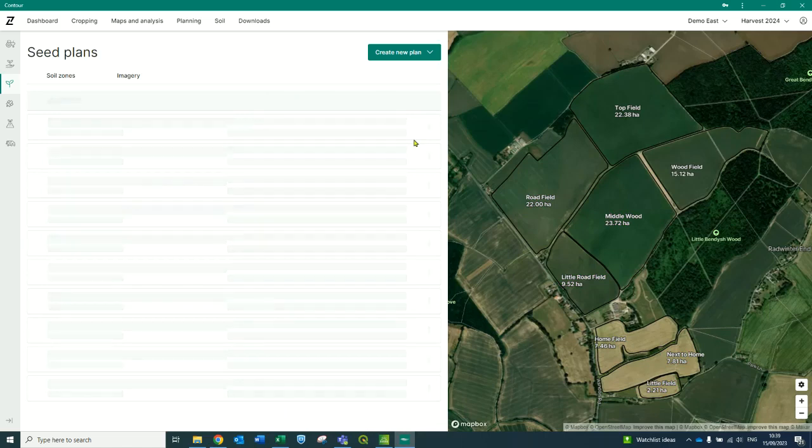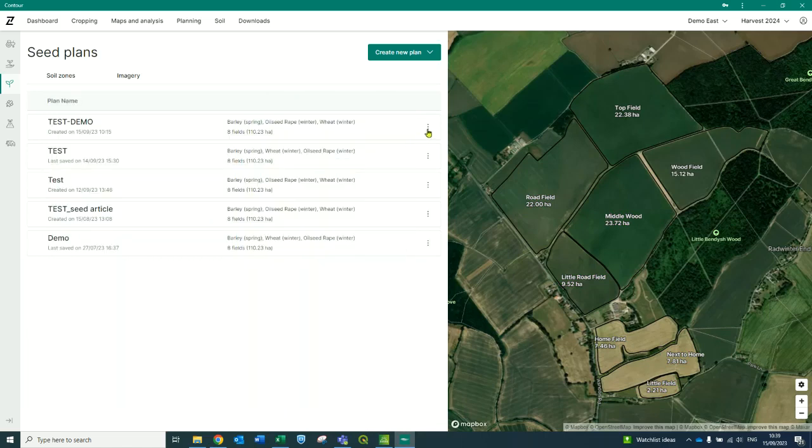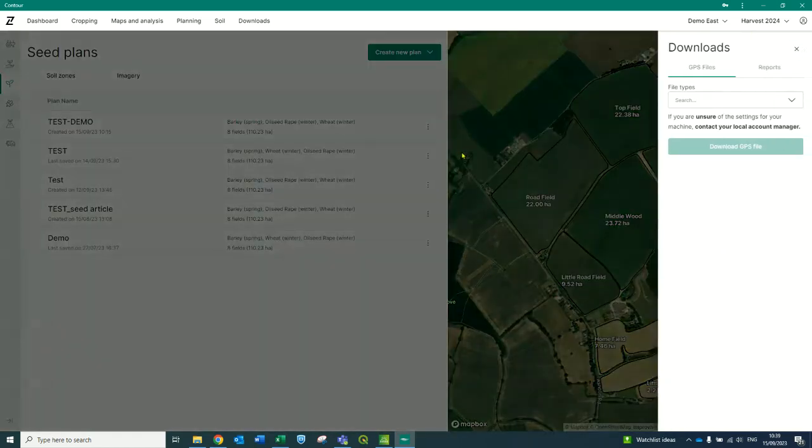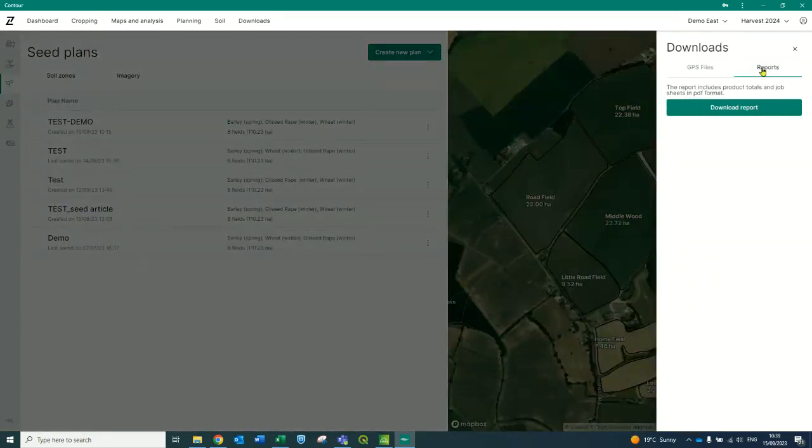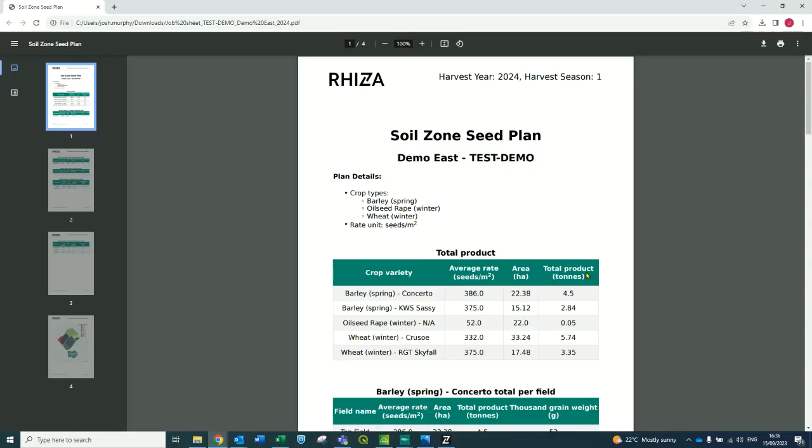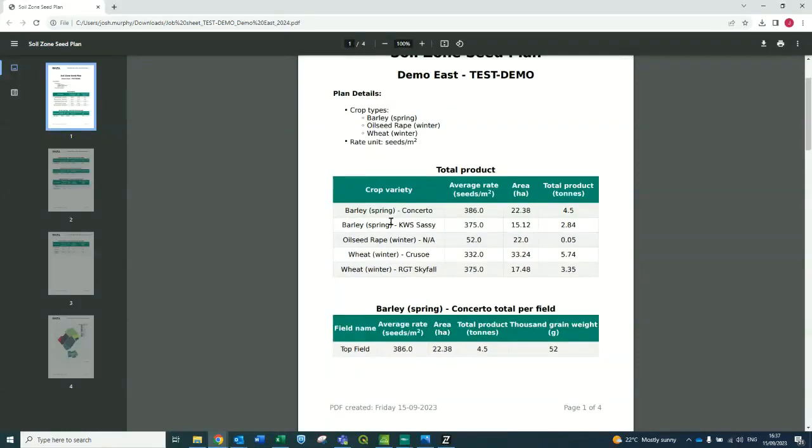And then if we just exit that piece, then go to three dots again, we can produce downloads. So go to downloads, we can then go into reports and then download report. So once you download the report, you can enter the report and that will show you various details, starting off with your crop type, so the crop types you've planted, the rate units you've used, and the first table down